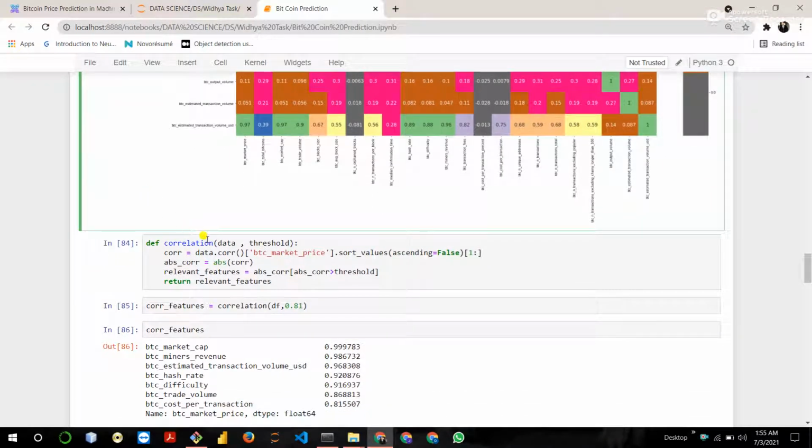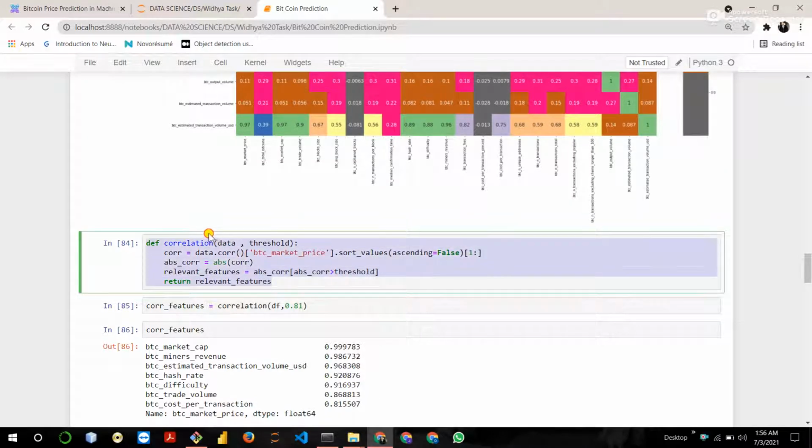Then implement a function with name correlation which takes two parameters. Firstly, the data, and the second one is a threshold value. This function returns all the features which are correlated with our target feature above the threshold value. Okay.